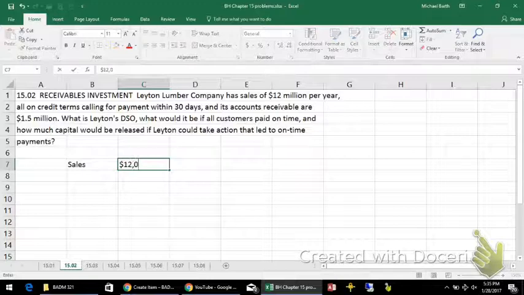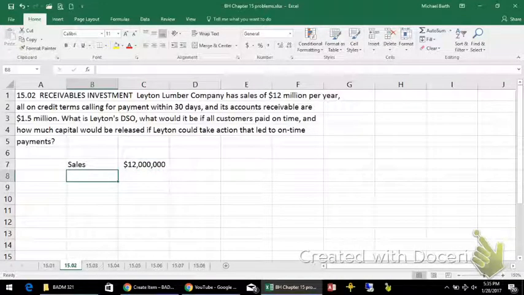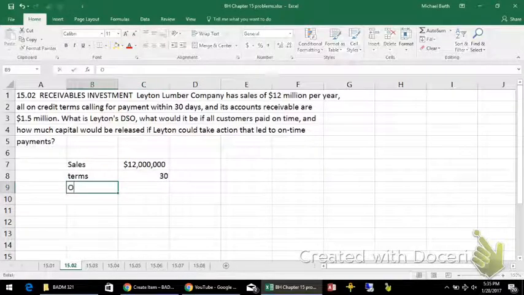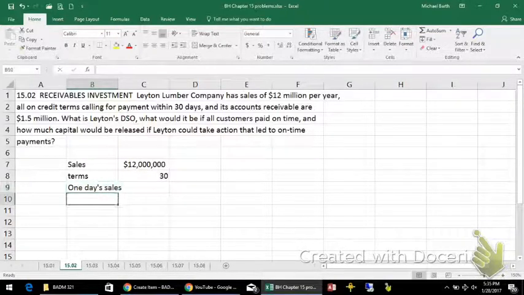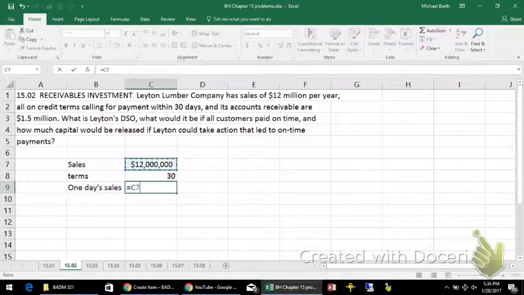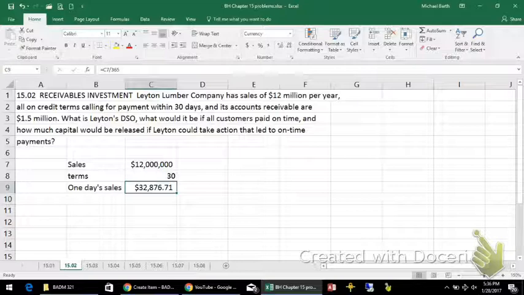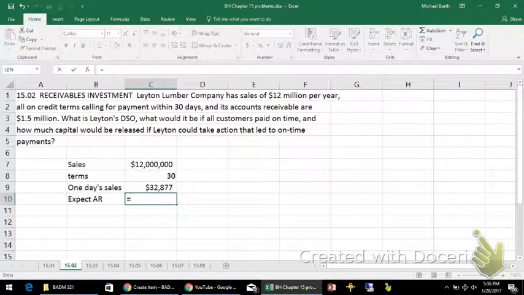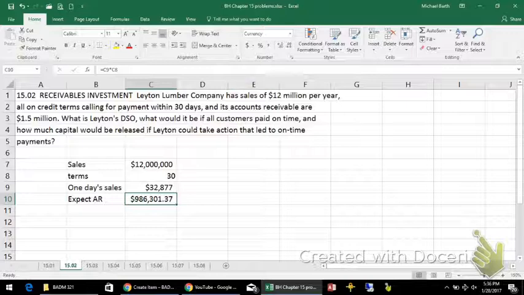Sales are $12 million a year, and credit terms call for 30 days of payments. So if there was 1 day's sales, that would mean $12 million divided by 365, that's how much they sell per day. And so we would expect accounts receivable of 32,877 times 30. If all the customers and all the firms have 30 days to pay and they all pay exactly on day 30, then at any one given point in time